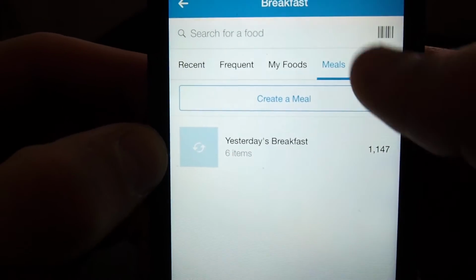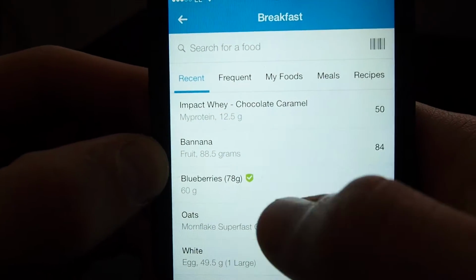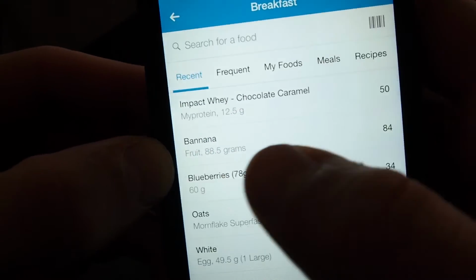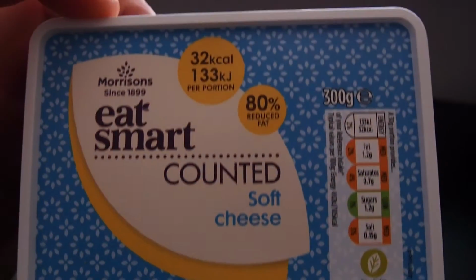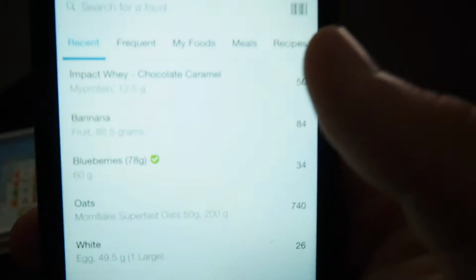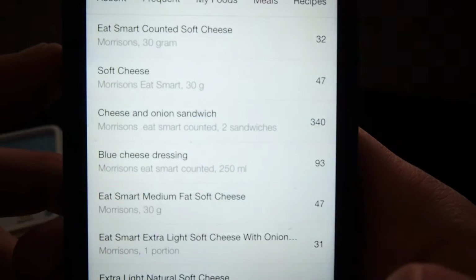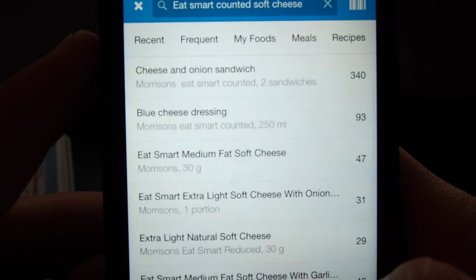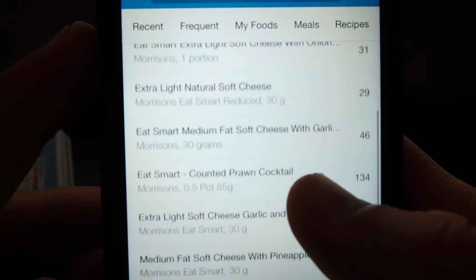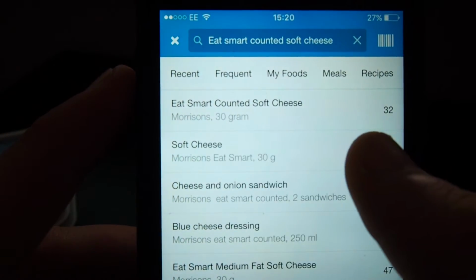Obviously, if you've just downloaded the app, then there'll be no recent, frequent or anything on here because you have not previously entered food. How do we enter food? Let's say that we're looking for this item, Eat Smart Counted Soft Cheese. One way we can do it is go to the search menu and type in Eat Smart Counted Soft Cheese, and if you press search it brings up a number of different options. All you want to do is scroll through these and find the one that matches your product. There it is at the top, and if we click on it